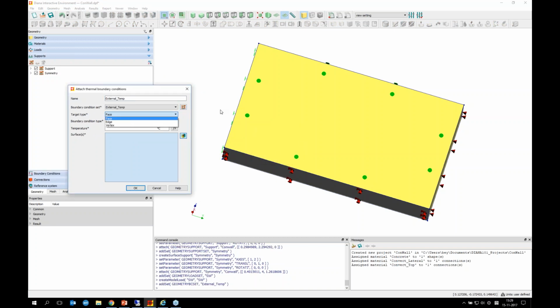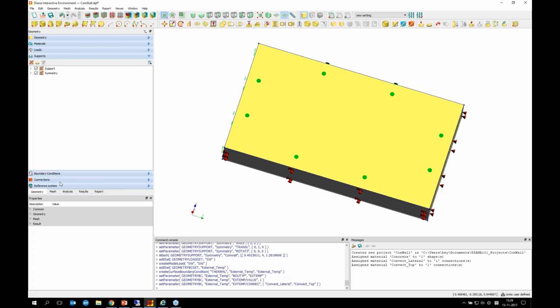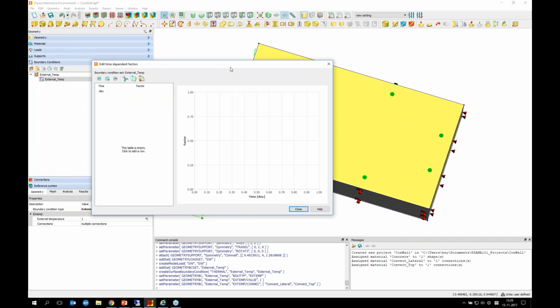And when we change it to external temperature, then you can select connections you have defined. I defined convection lateral and top. External temperature will be the same. Here I input only one, and let's see. The reason why I input only one is we're gonna assign a function